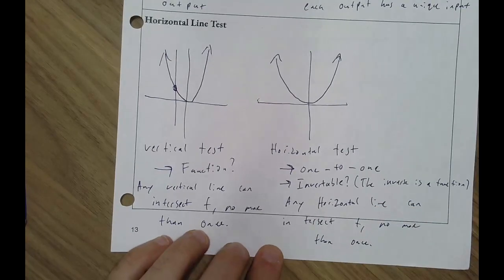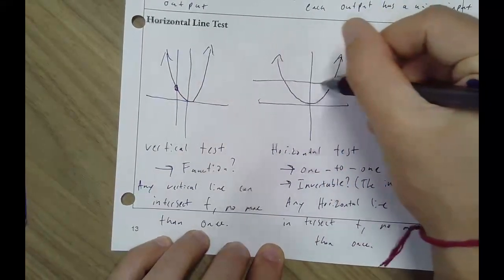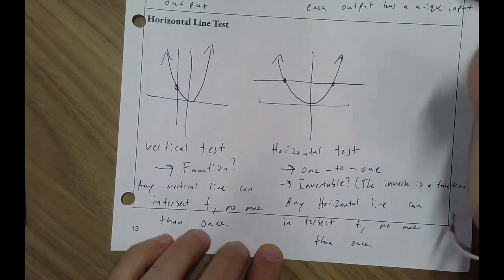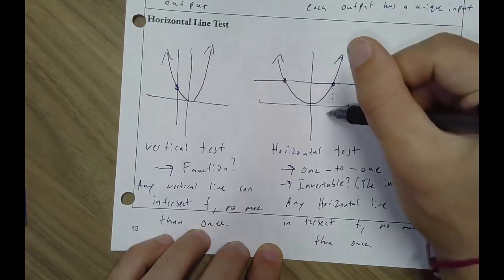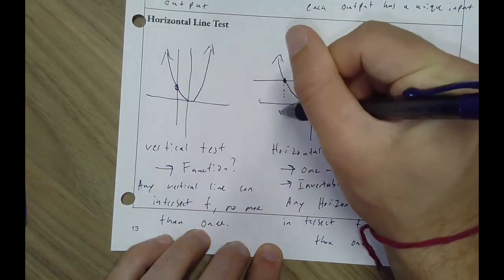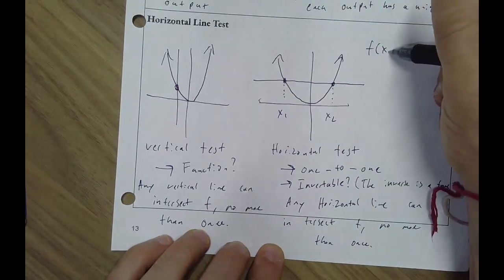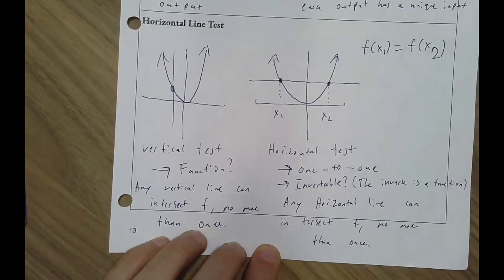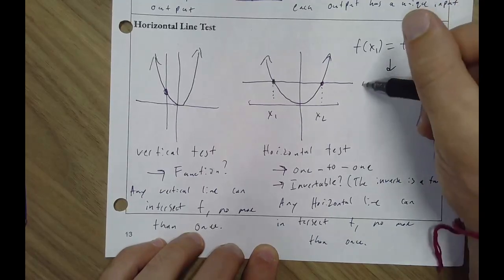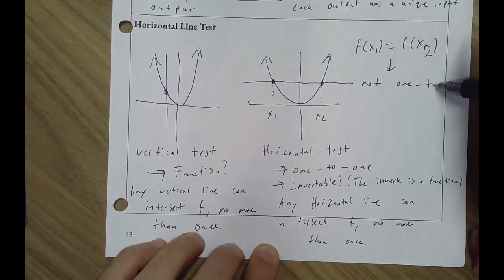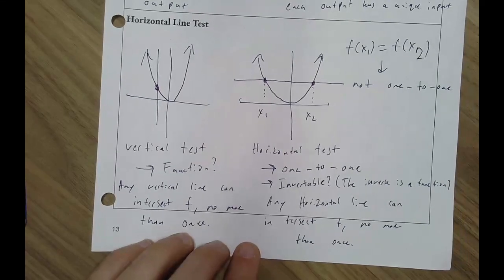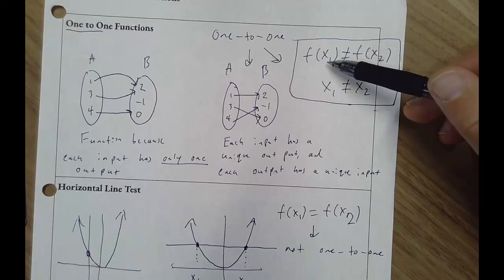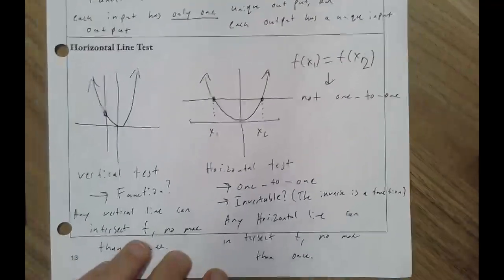Okay, so here we draw a horizontal line. We're seeing that we are intersecting it twice. So what you're seeing is that two different inputs, whatever this is, x2 and x1, well, f of x1 is equaling f of x2. The output at x1 is equaling the output at x2. So therefore, this is not 1-to-1. Okay, because remember that's the rule. For it to be 1-to-1,